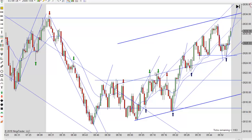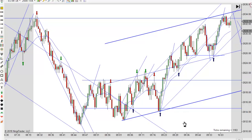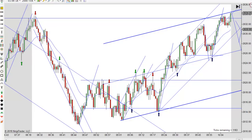And then of course it drops down, and now you've got two legs down, and this is a second entry long, another nice bullish bar that bounces off the lows of this range. I like that one. You don't know that it's going to take off like that, but it does. And then wait and see if you get that reversal pattern, and then there's your first entry short, second